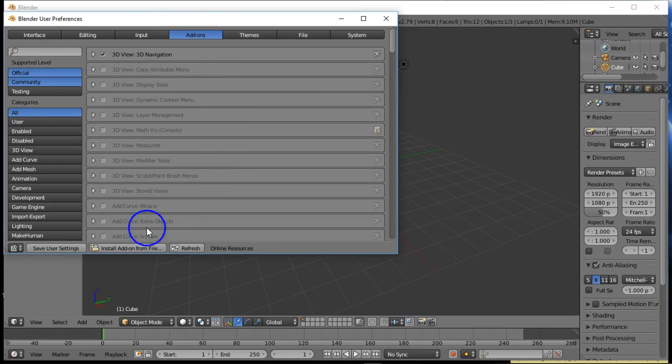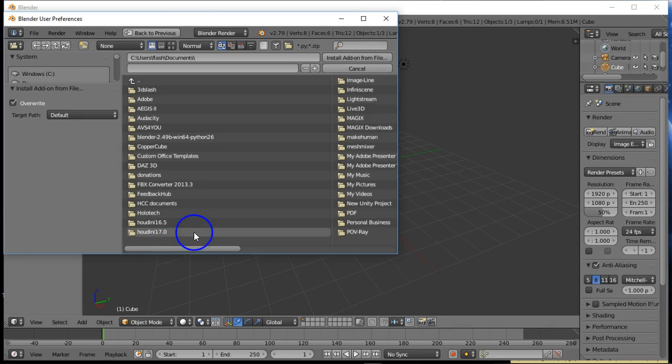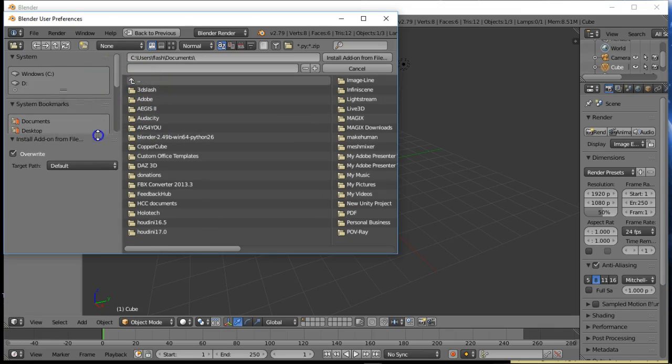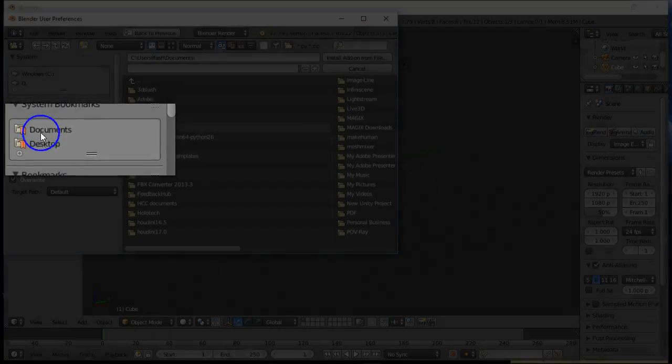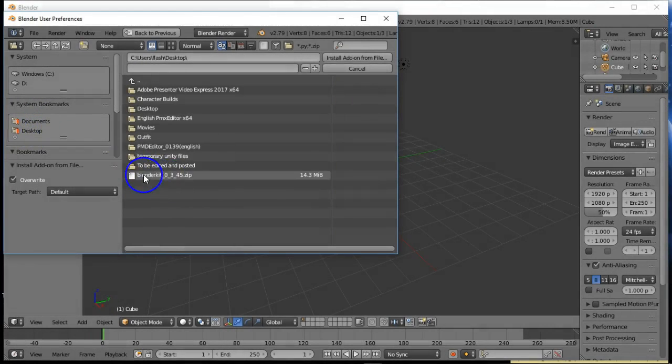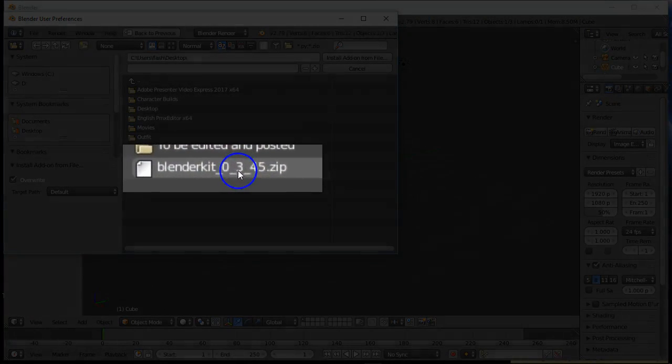Once you go to add-ons, you're going to go to install add-on from file. From there, you're going to find where you actually located that zip folder. So I put the zip folder, let me scroll this down a little bit so you can see. I put it on my desktop so it's much easier for me to find it instead of having to look through all of this stuff. So I just click desktop, and you'll see if you put it on your desktop, after clicking it, it's at the bottom. BlenderKit